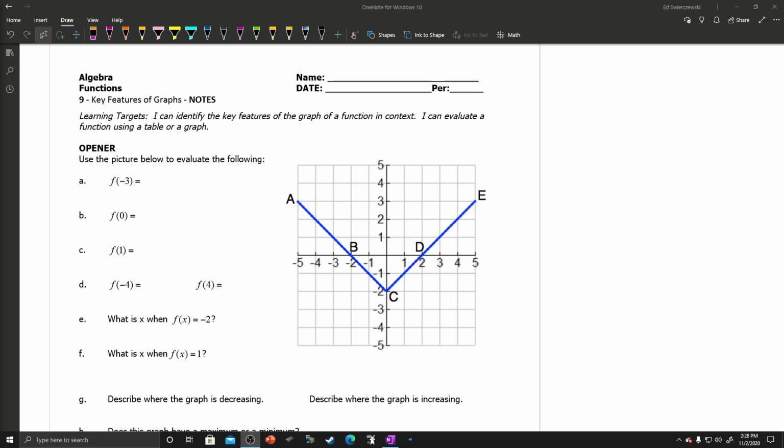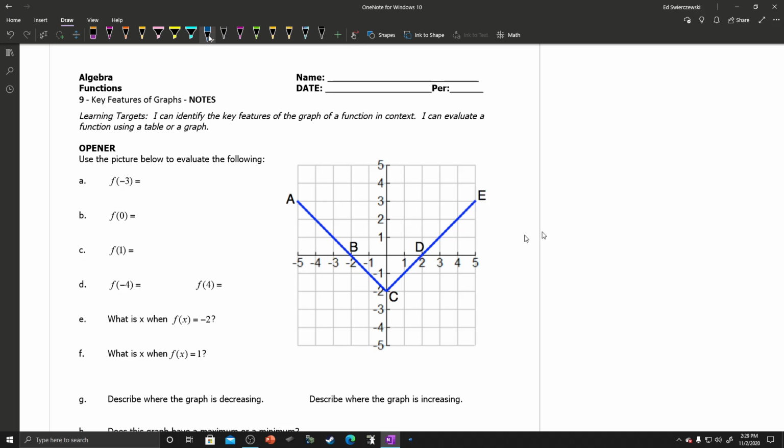Right, let's talk about identifying key features of graphs. So in this video, we're going to identify the key features of the graph of a function in context and evaluate a function using a table or graph. So let's start with a little opening